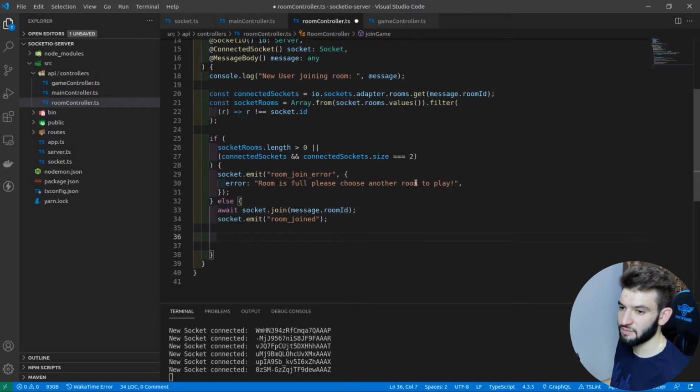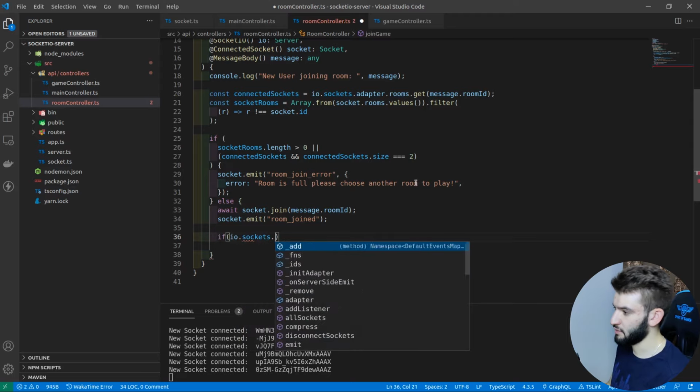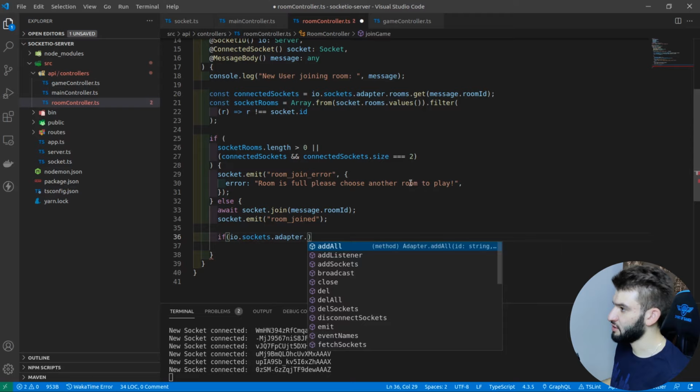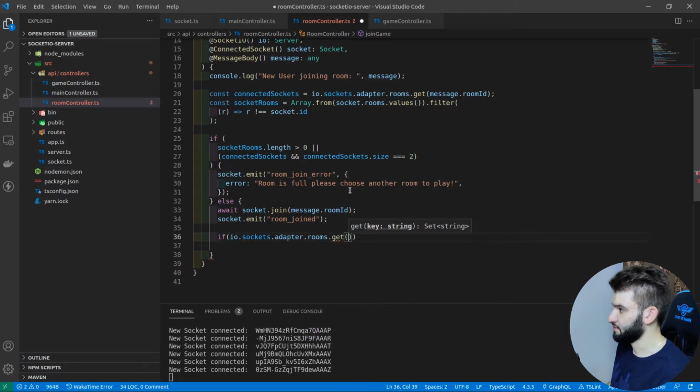We can check io.sockets.adapter, as we used before, to get the rooms, then get room message.roomId. We just get the room, and of course we want to check the size. If the size is 2, which means two sockets, or two players respectively, have joined the room,